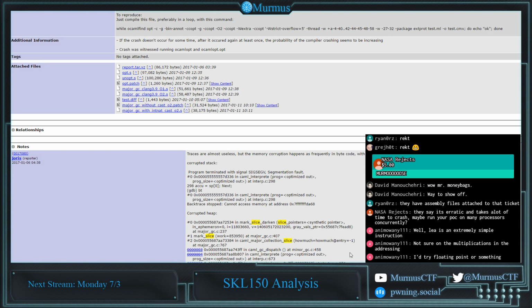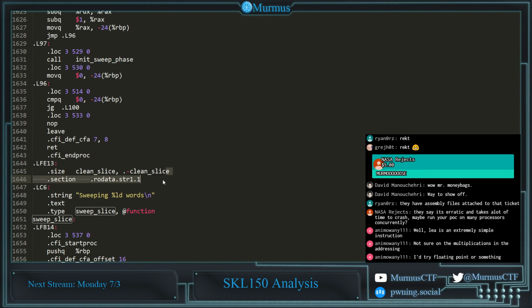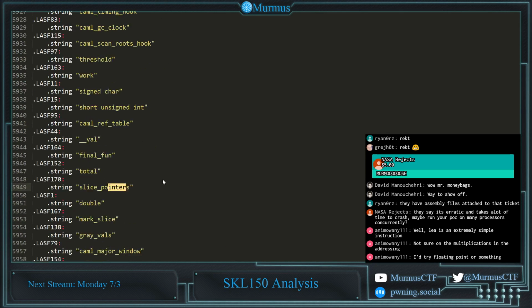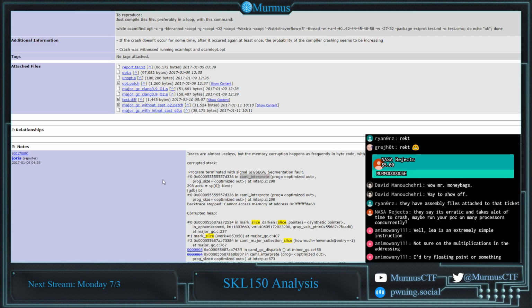Maybe we can figure out what this is. So camel interpret. It's not in here. I was hoping that that would be, but